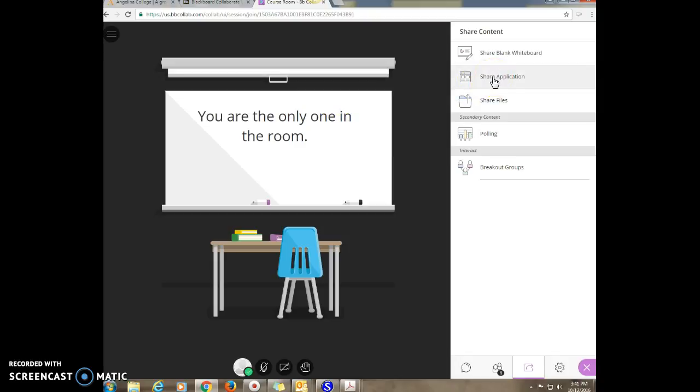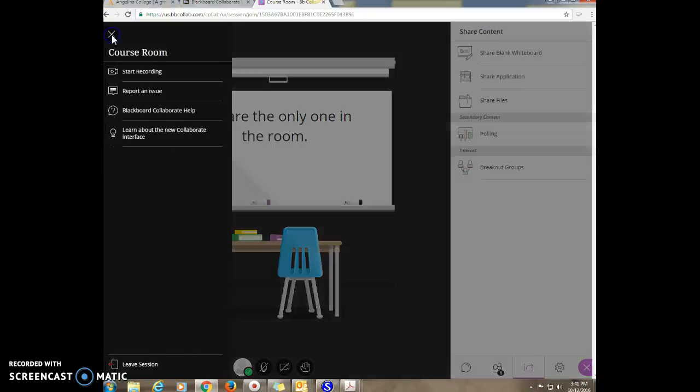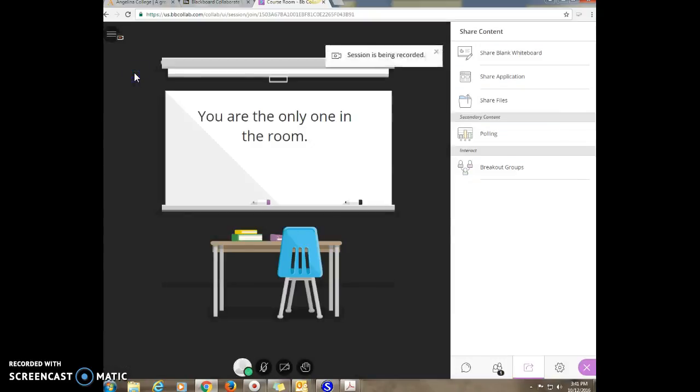But before I move on to that, I do want to show you on the left-hand side, just how you can actually record the session if you want to. So if you click right there, you can click on Start Recording, and it will actually start recording your session. You can see that right now this session is being recorded,